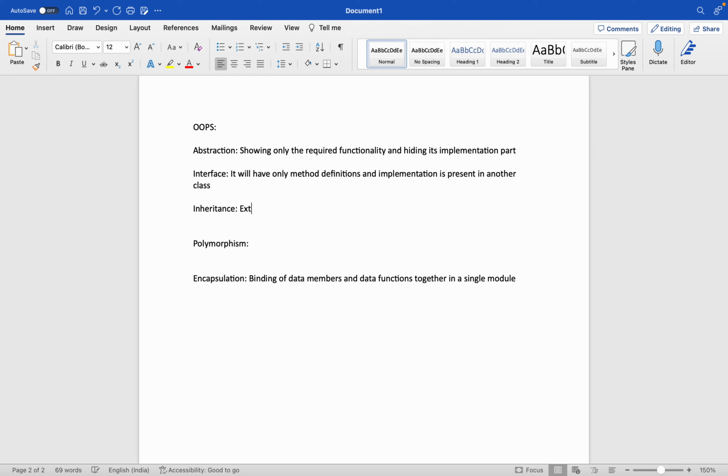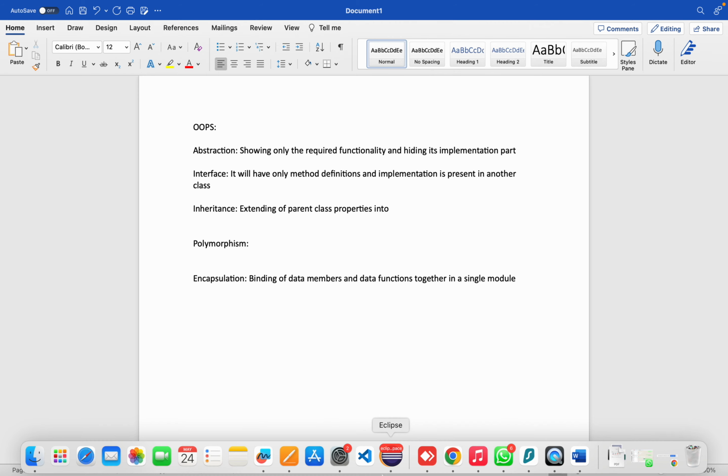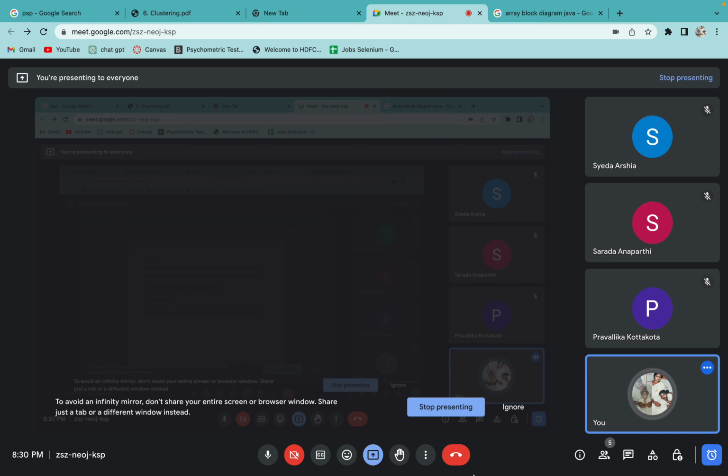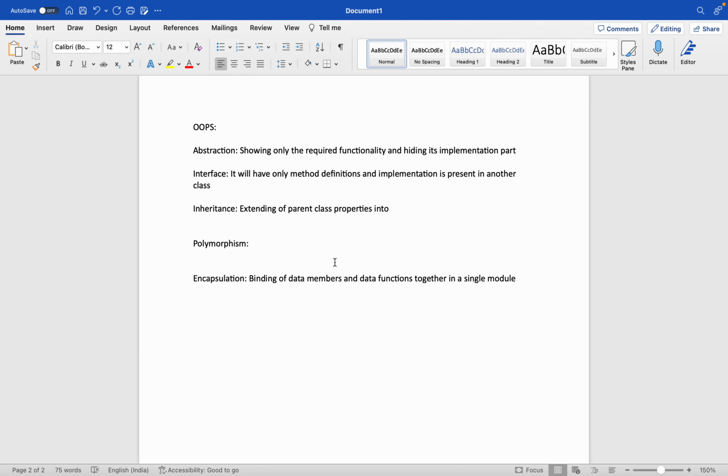And inheritance means extending of parent class properties into child class properties. In our natural life as well, inheritance means you will have your own qualities, but you will also have the qualities given by your parents. In the same way, in inheritance, the child class will have its own operations, and it can also access its parent class operations as well. If in the parent class I am having two methods, addition and subtraction, and in the child class I am having two methods, multiplication and division, then my child class can perform addition, subtraction, multiplication and division, because I'm embedding the qualities of my parents as well. So that is called